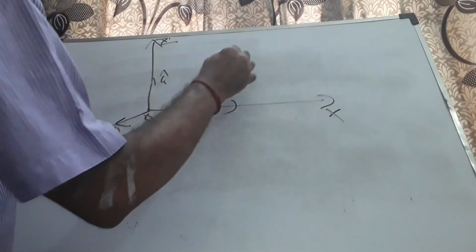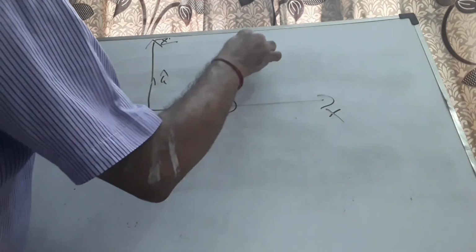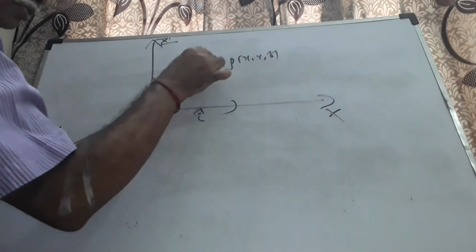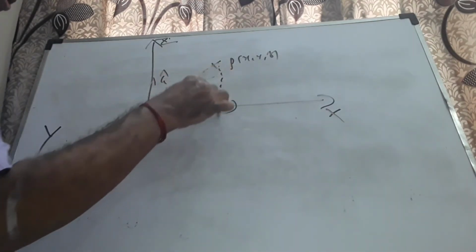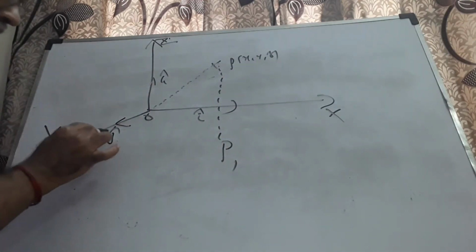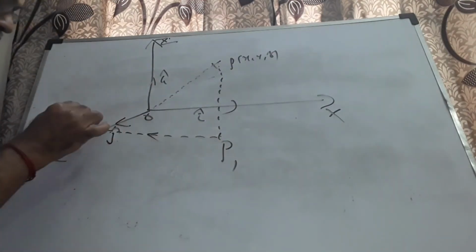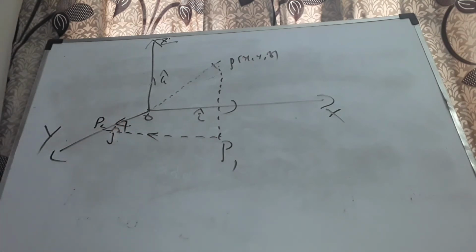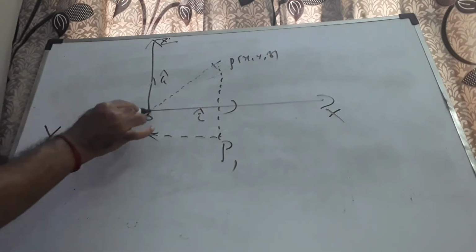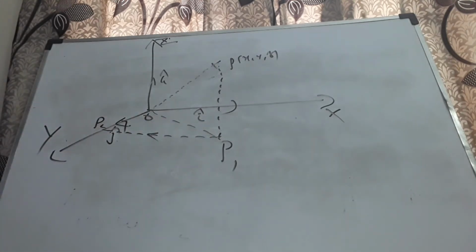If I take a general point P(x, y, z) in space, I wish to draw this. I'll draw P1P perpendicular to the xy plane. I will draw P1P2 perpendicular to the y-axis, or the x-axis, it doesn't matter, we get the same answer anyway. Therefore I'll be applying the triangle law of addition thrice.